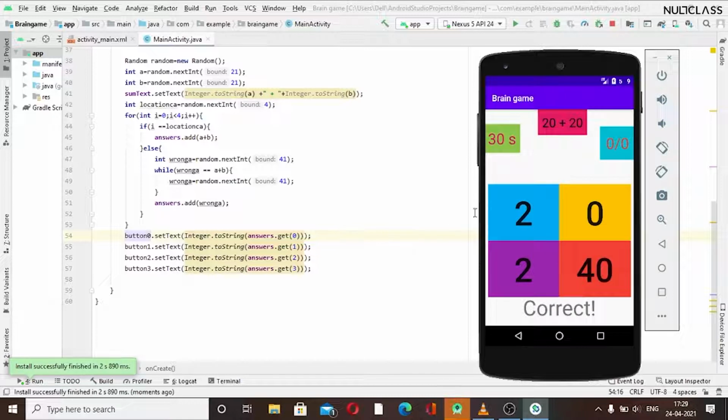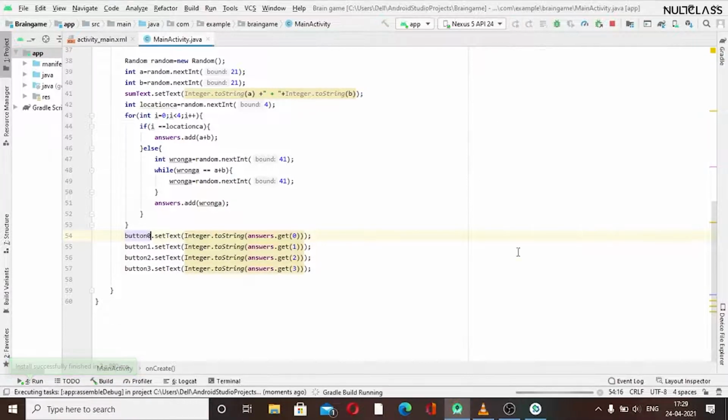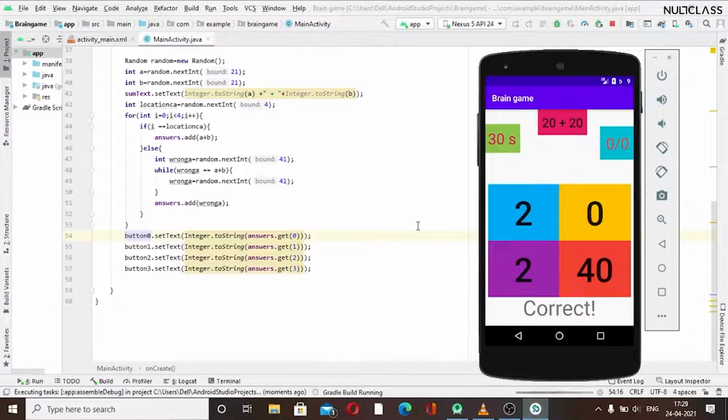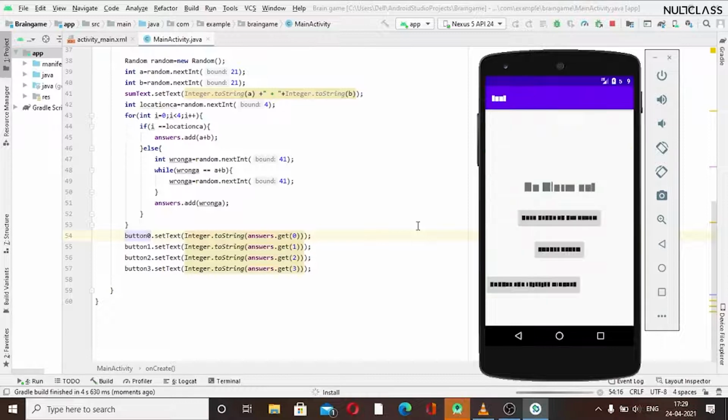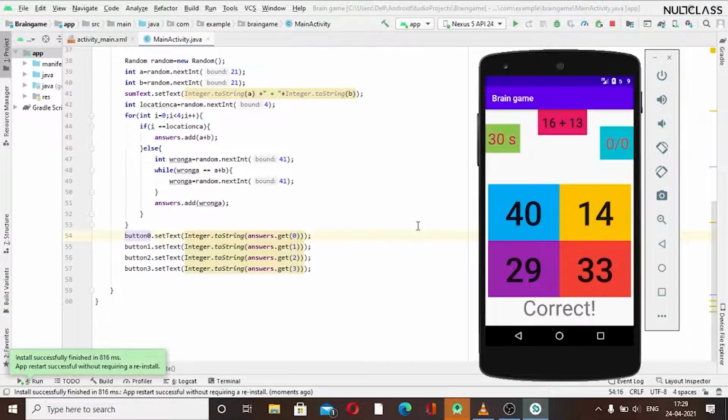So now we can see that we are getting the correct options, like 20 plus 20 equals 40. This incorrect option has appeared just once. We can change it as this is incorrect. We can rerun that to check whether it doesn't happen again. Yes, we can see now 16 plus 13, so it's equal to 29. We are getting a correct option here. Okay, so the position is also changing, so I guess this is working fine.